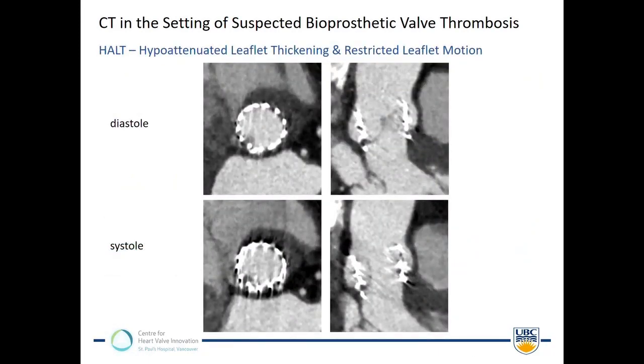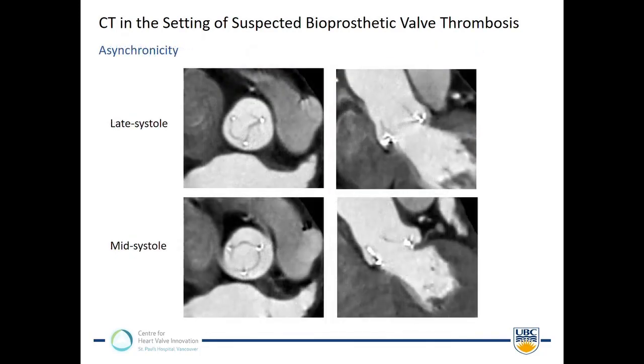So in this case here, obviously it's only the base. I would refer to that as less than 25% of thickening. Another reader may perhaps interpret that as 25 to 50, but nobody is going to call this more than 75% leaflet involvement. So in terms of leaflet restriction, that's a very difficult topic.